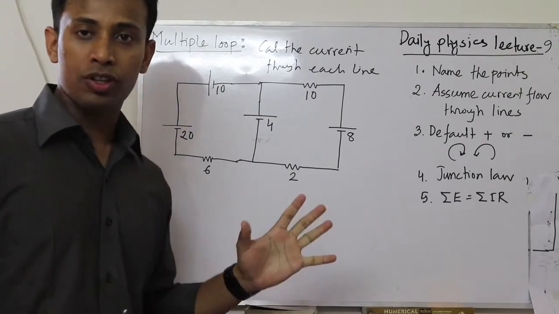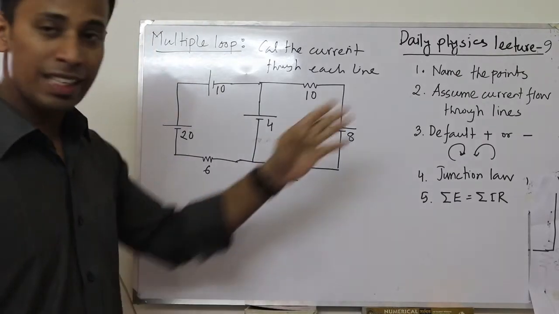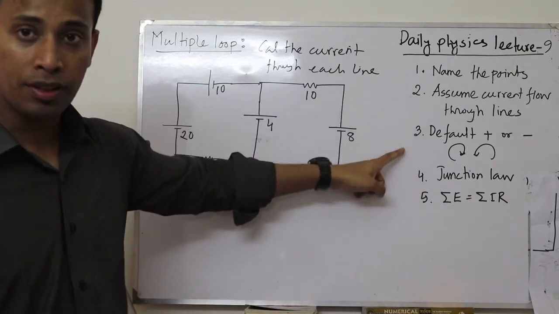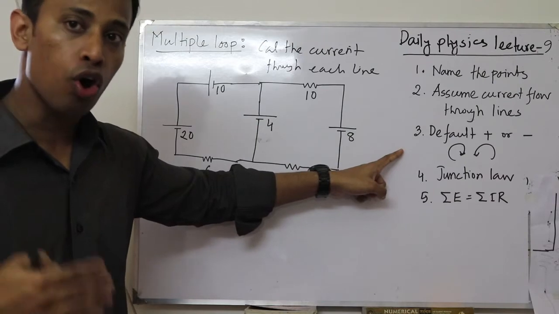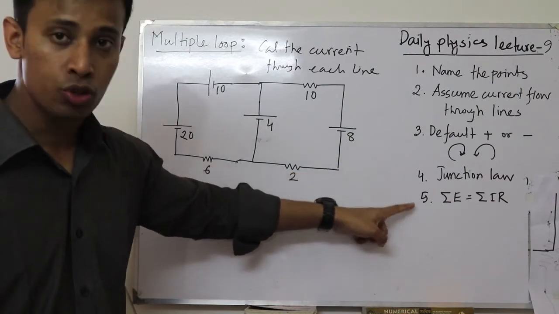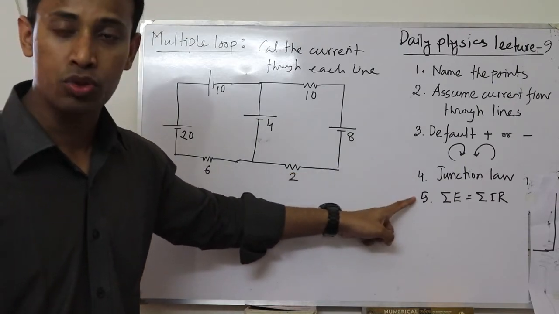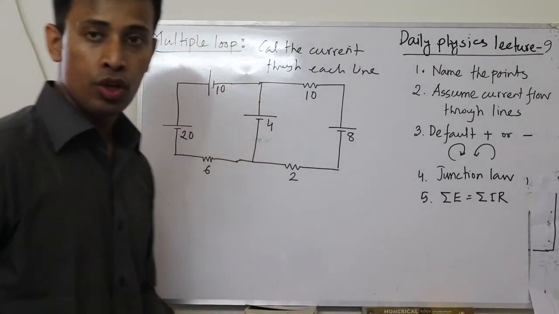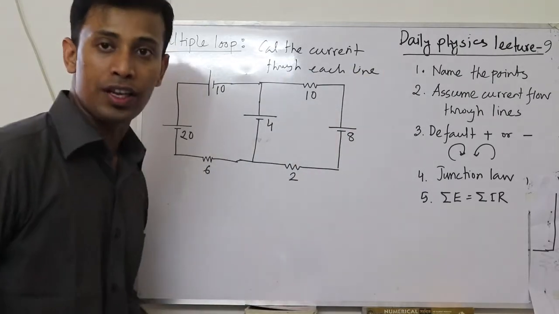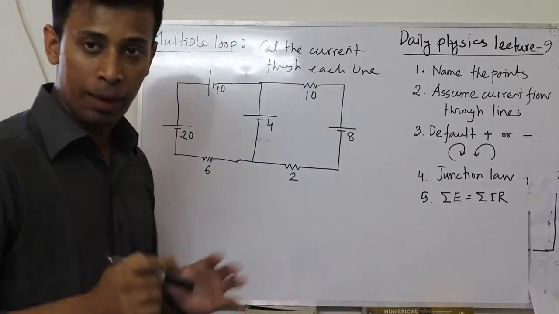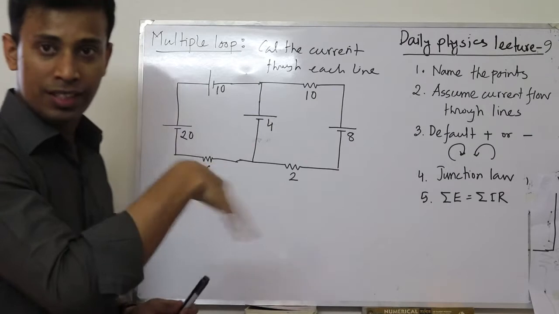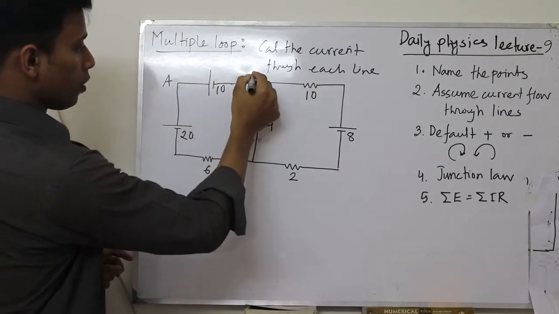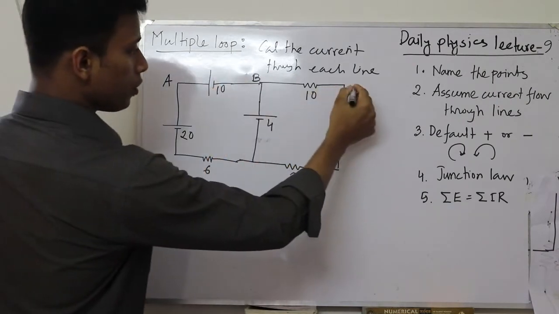Before that, let me discuss these steps. We already know the first, second, and third steps, which are applicable for all the problems, and there are another 2 steps: using the junction law and using Kirchhoff's second or loop law. So let's start with the first step. Name the points. So let's name these points: A, B, C,